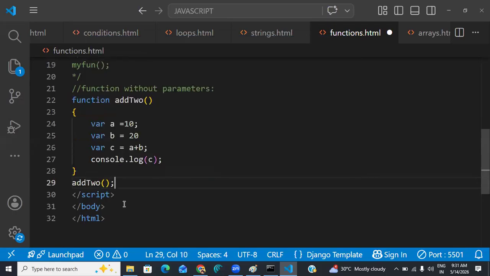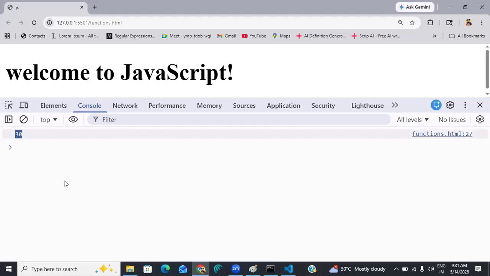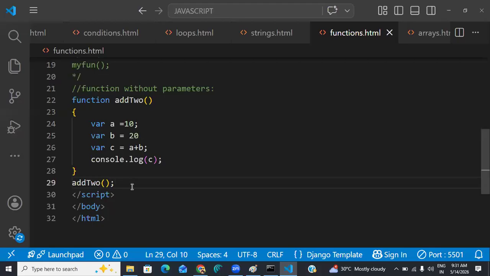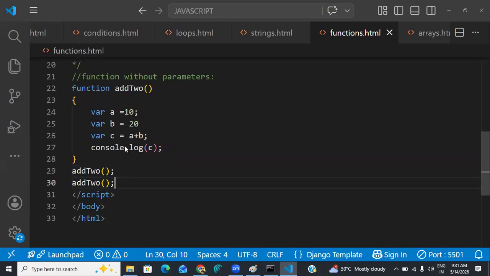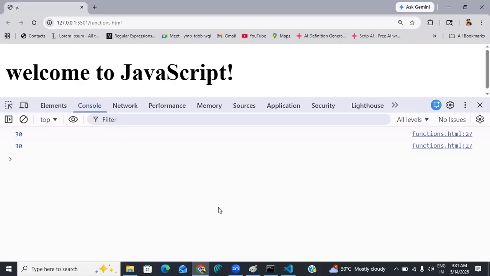Then what will you get, guys? See, a plus b, that is 30, right? You will get 30. Suppose we are not passing any parameters now. If you execute it n number of times, you will get the same output only, right? But I want to perform the addition of different numbers, or a different sum operation. So in those cases we have to use a function